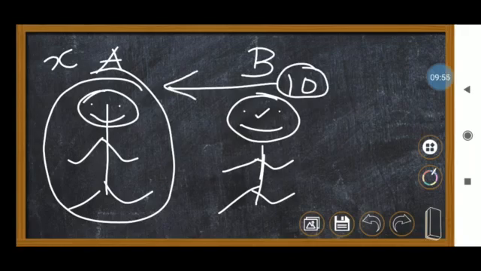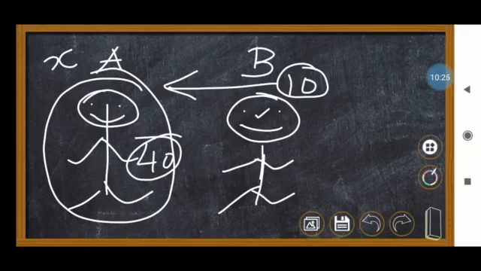Now what amount does A have now? For example, I said A has some amount of money. For example, I will take that A has 50 rupees. If he gives 10 rupees to person B, how much amount does A have? That means A already has 50, 10 rupees is given, so the remaining 40 will be there, right?